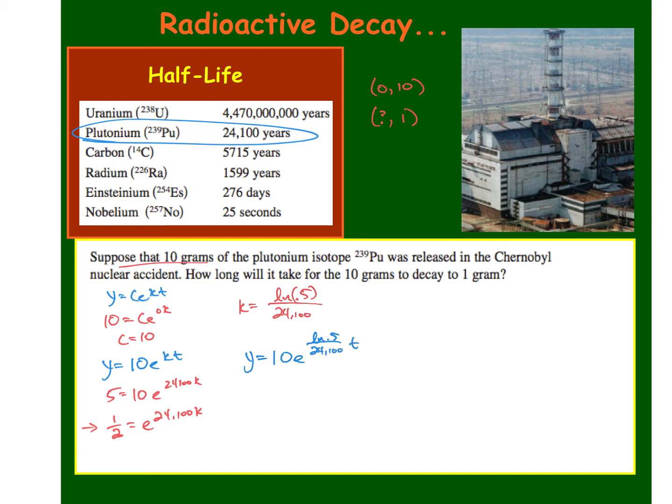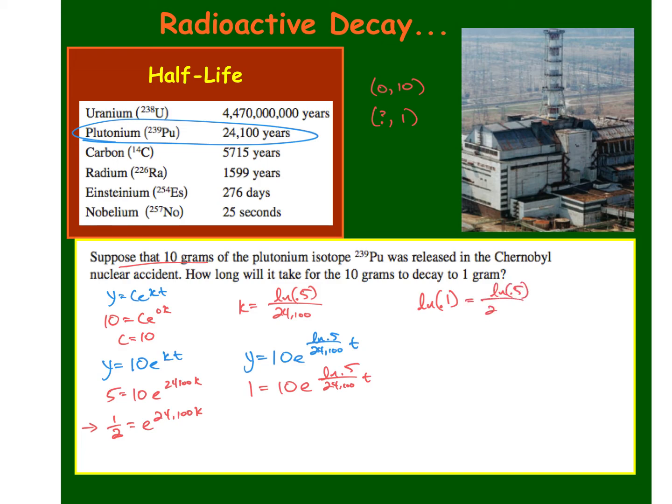And what am I trying to solve for? T. I'm trying to solve for t when y equals 1. So now I'm going to substitute in 1 is equal to 10 e to the natural log of 0.5 over 24,100 t. So what's my first step? Divide by 10. And then what do we do? Natural log it. So now I have natural log of 1/10 or 0.1 is equal to this natural log of